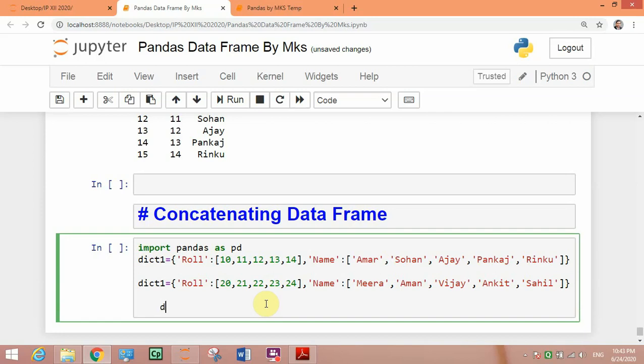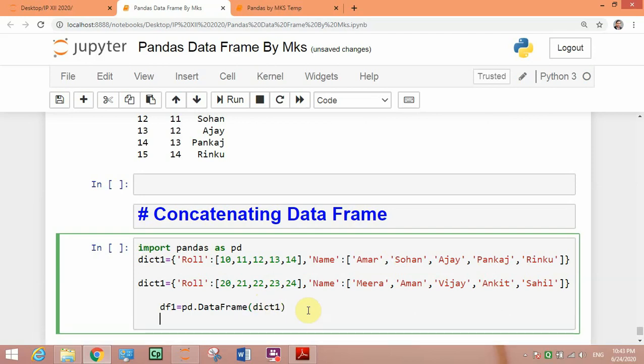So, if we want to convert this dictionary into data frame, so we will write df1 equal to pd dot DataFrame and first one is dict1.